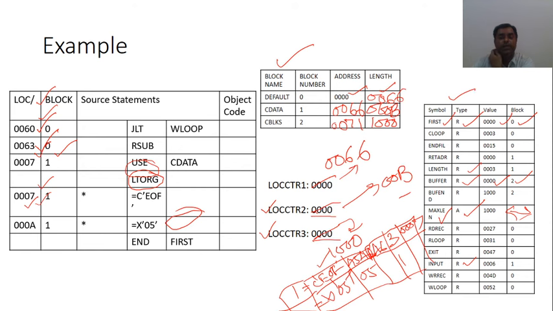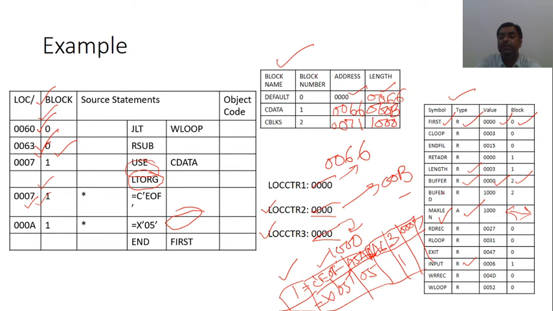And after pass 1 I am getting this table, symbol table and literal table, and these tables are used in pass 2 to calculate the object code corresponding to each and every instruction that is written in the program. So we will study in the next lecture how to calculate the object code. And remember that we have found out the tables. This one is the table where the starting address of each block and the size, or you can say the length of each block, is given and the block number is given.